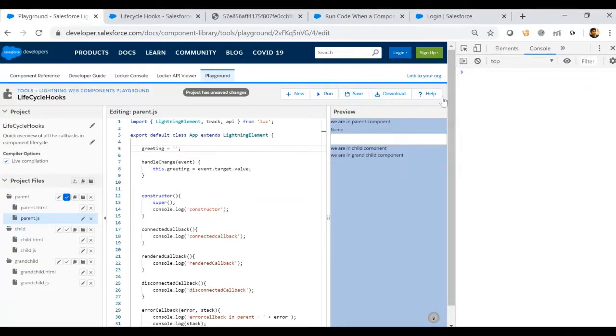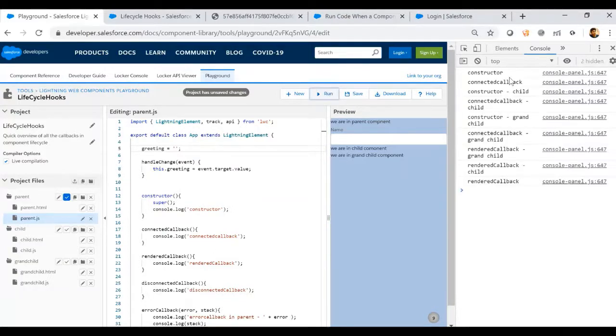Now when I run, all the components are executed and the respective callback methods are executed, and rendered callback is also executed. Now let's try to enter something in this input element.